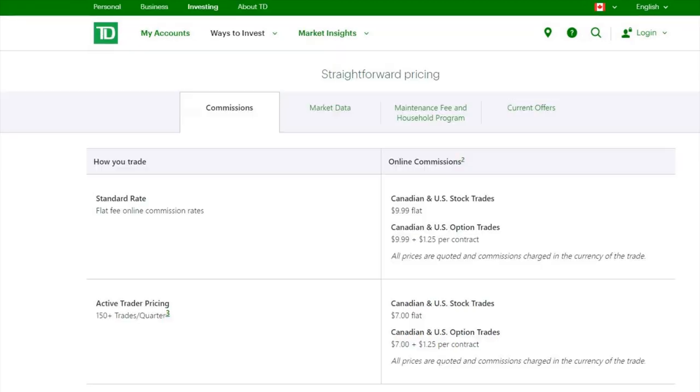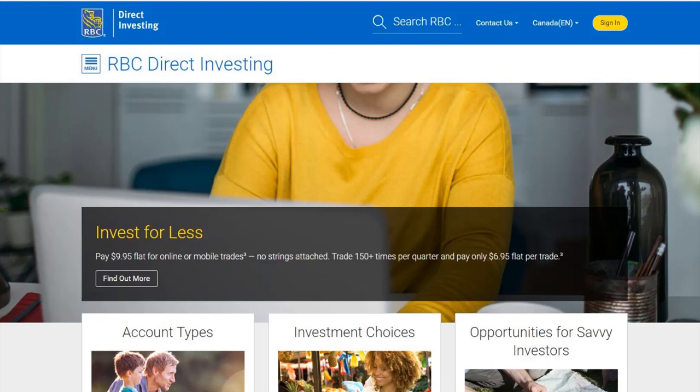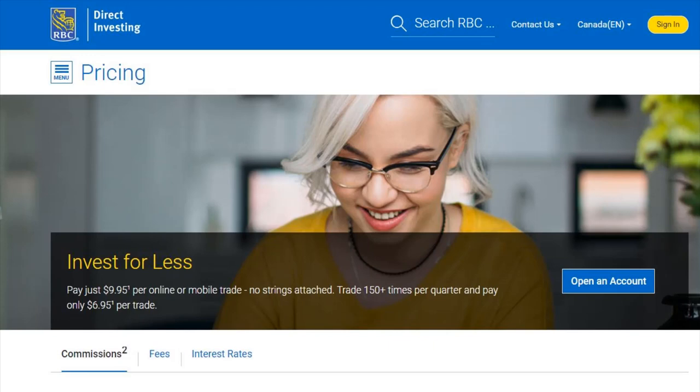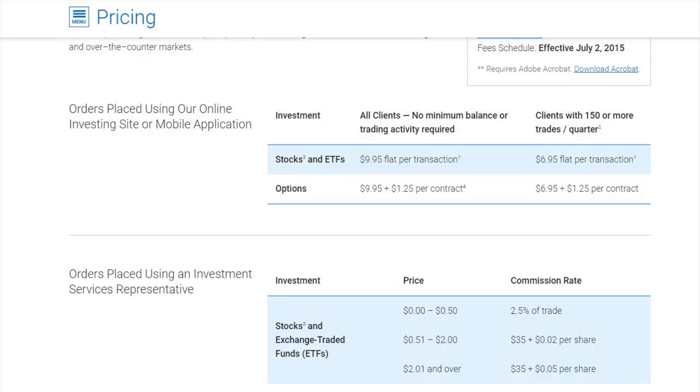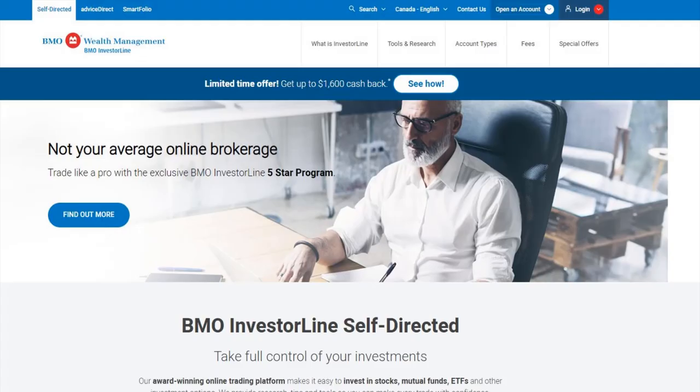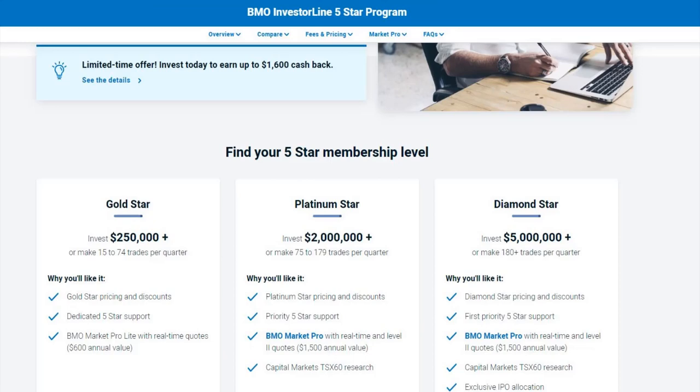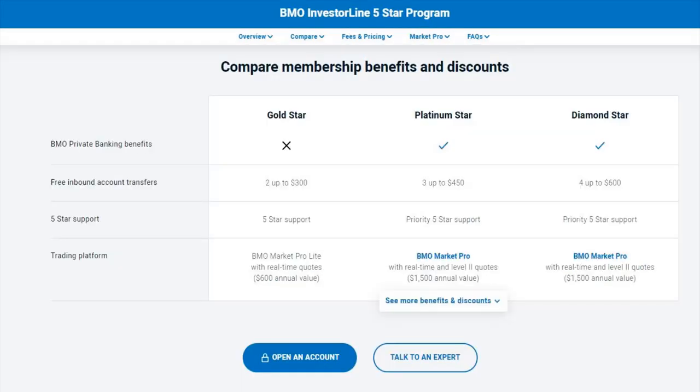So that's why it's important to know what your strategy is in order to help you choose the right online broker. So if you're going to buy and hold or just buy dividend stocks, so if you're not a frequent trader or buyer of stocks, then really any online broker will do. It's just a matter of thinking of the qualitative factors like convenience. But if you're going to be a swing trader, for example, so if you're going to buy a stock to sell it after a month or two, so you're going to be a frequent trader, the difference in commission is going to make a difference.